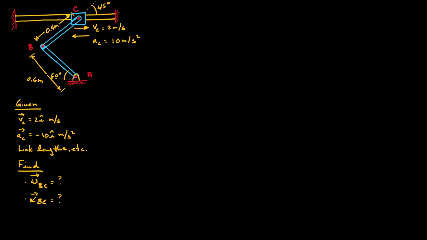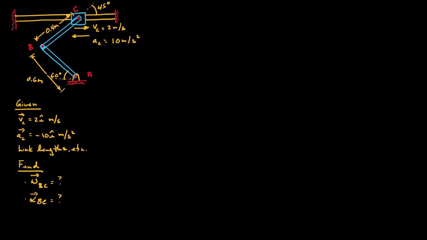In this video, we're going to solve a kinematics problem. This is an interesting problem where we see two types of motion. So here we have a collar at point C. It could be something on a manufacturing line, for example, and it slides with a linear velocity and acceleration as